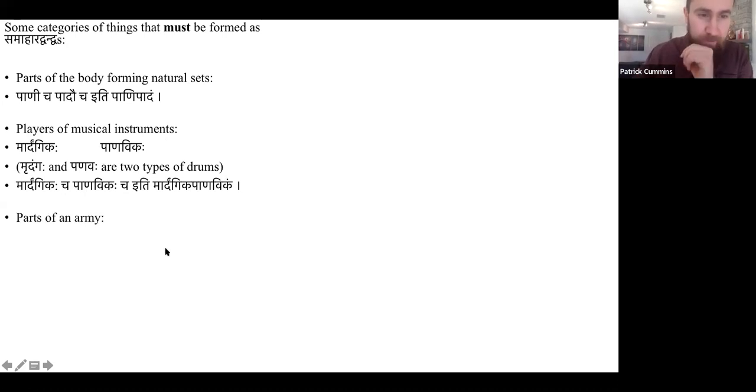And so another type of things are parts of an army. So you might encounter this in like the Mahabharata or something. So for example, rathika, a ratha is a chariot, and ashva is like a horse, ashvaroha, a guy who has ascended on a horse, a horseman or something. Would somebody else like to try doing this one?